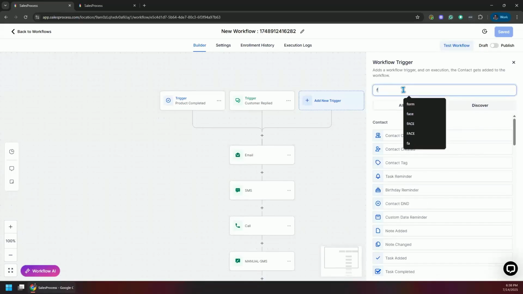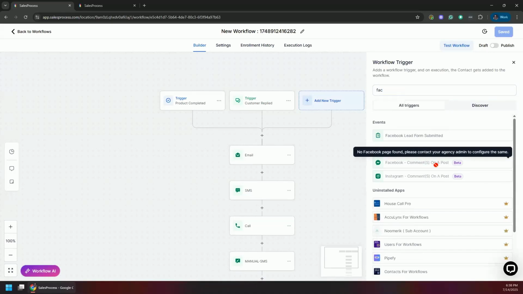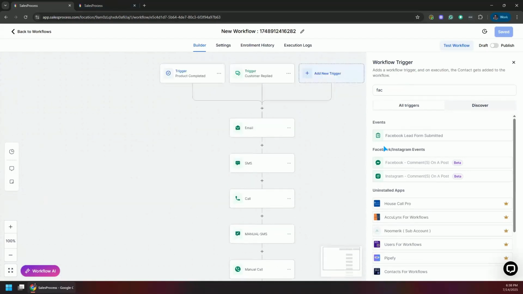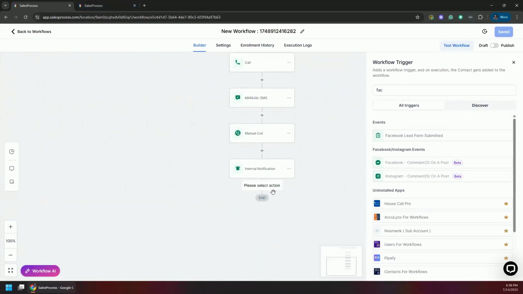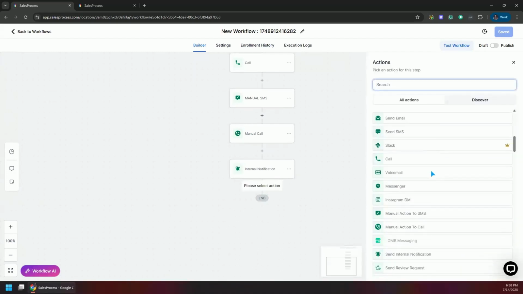Facebook comment on a post. Oh, we haven't connected any Facebook page in here. But if we had, then we can add the trigger and then we can send the message to the person from here to their